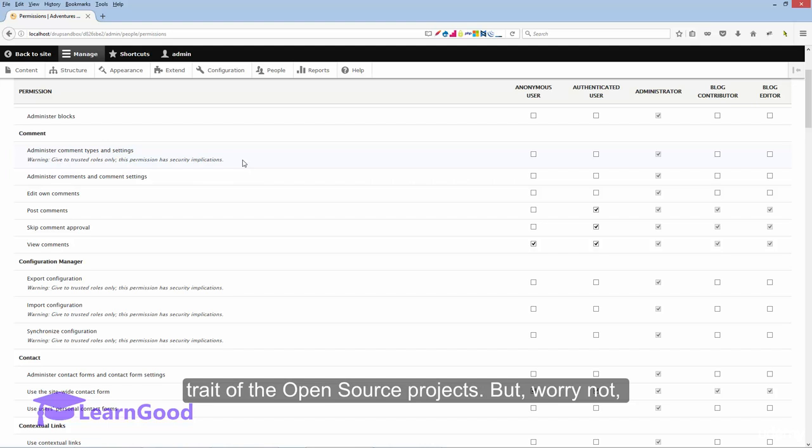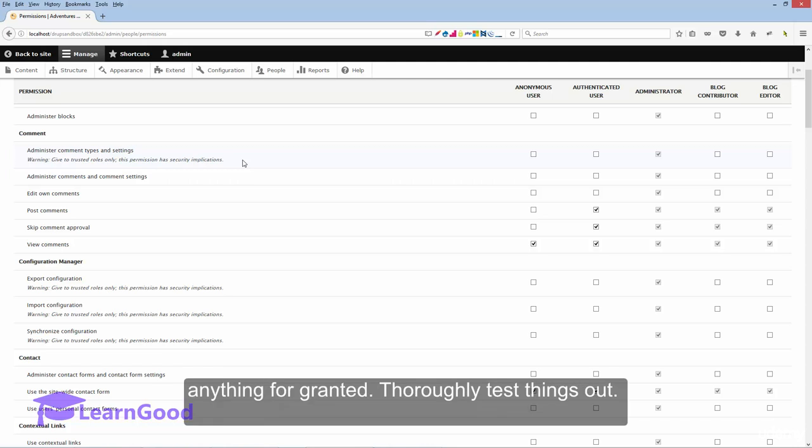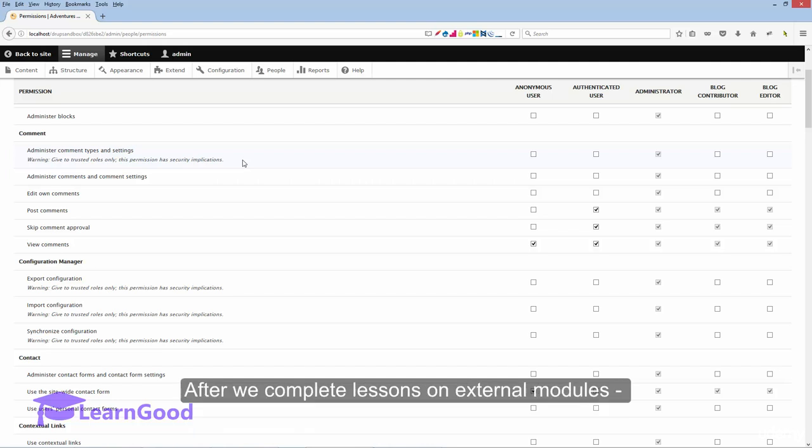But worry not, there is a lot of documentation in several forums and several other resources. Long story short, when building workflows with permissions, do not take anything for granted. However, it's quite powerful. I'm sure that you will find a way to do what you want to do, but you have to thoroughly test things out. After we complete the lessons on external modules later in this course, you will be able to leverage many modules which will make this page a lot easier to